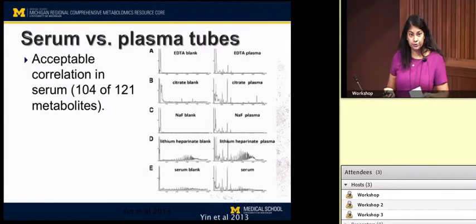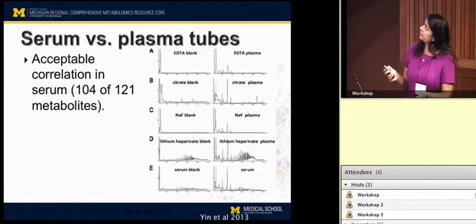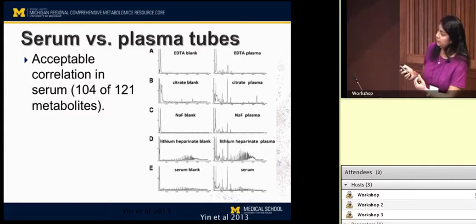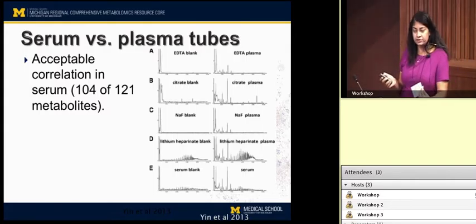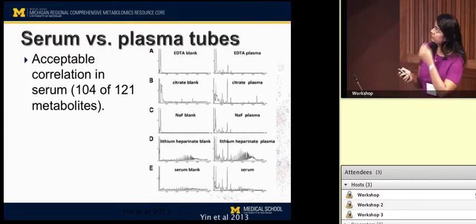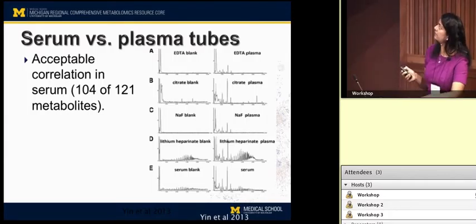What about the tubes you collect human samples or mouse samples in? In this study, I want to illustrate the importance of what you select as a tube and what kind of coagulation method you use. Here they took 10 healthy samples and pooled their blood and decided to use EDTA, citrate, sodium fluoride, lithium heparin, and serum tubes to cause anticoagulation. And they used albumin blanks as their